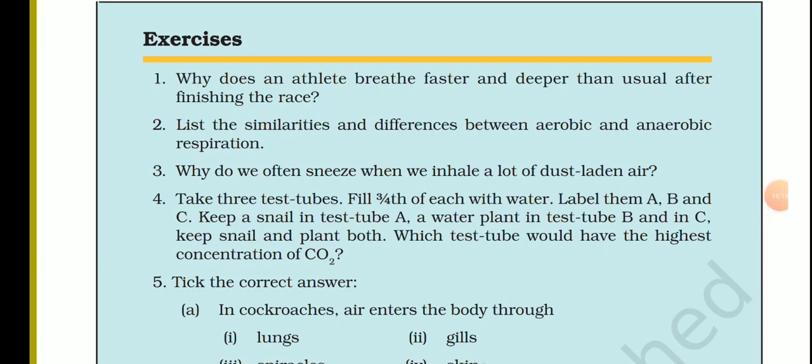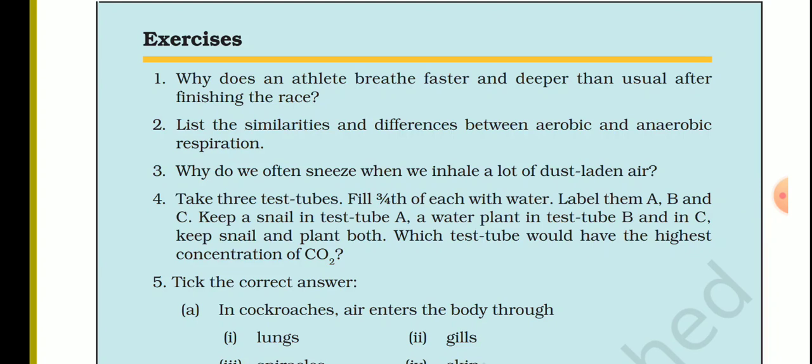The question is saying that you have to take 3 test tubes, A, B, and C. You have to fill the water. You have to keep a snail in A, water plant in test tube B, and both in test tube C. Now, which test tube would have the highest concentration of CO2? The answer is test tube A will have the highest concentration of CO2 because